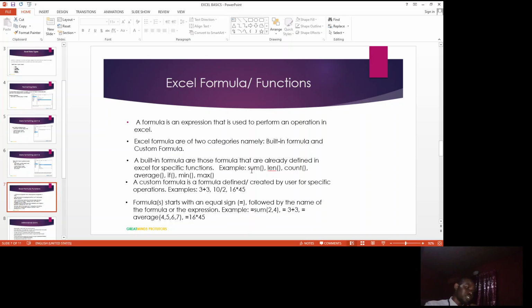Examples of built-in formulas in Excel include the sum function. We use it to add numbers together. The len function, we use it to find the number of characters available in a string. The count function, we use it to find the number of values that are numbers. We have the average function, we use it to find the average value of a set of numbers. You have the if function, we use it to perform logical operations. Min function, we use it to find the smallest value in a set of numbers. Also have the max function, we use it to find the largest value in a set of numbers. Alright,